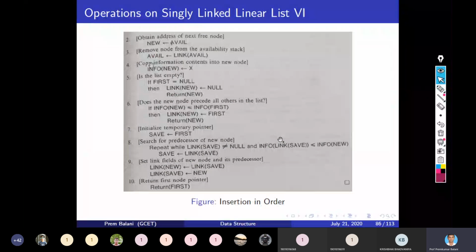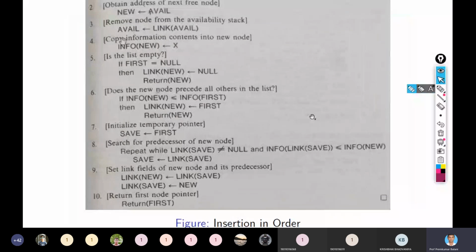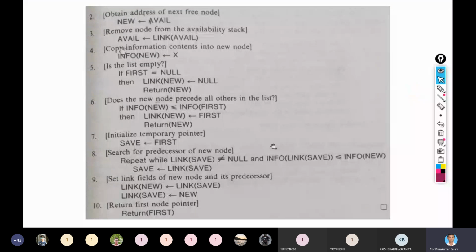Now next, if there is no underflow condition, that is, if avail is not pointing to null, that means avail has many nodes. So you get a new node which is pointed to by the pointer avail. Let me draw the node here. So this is my new node.